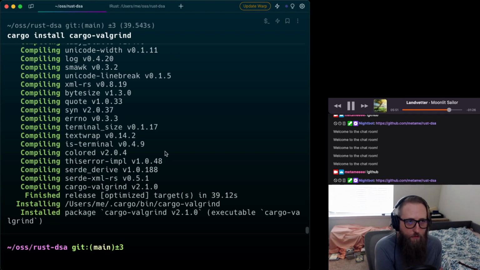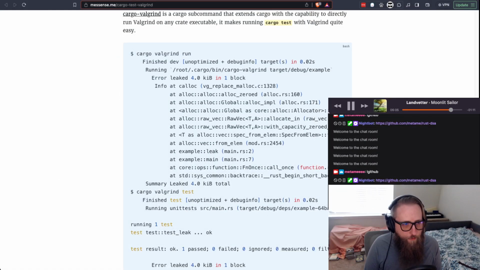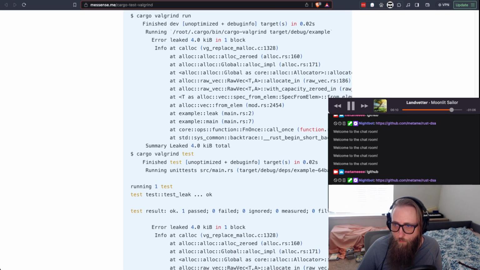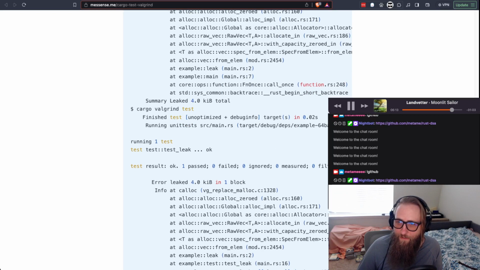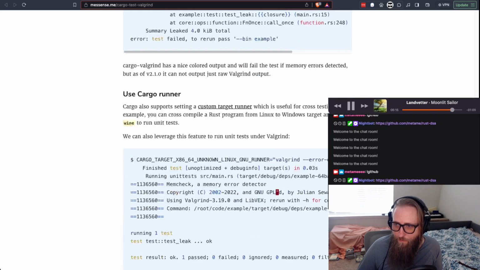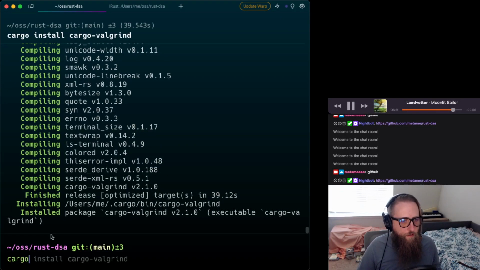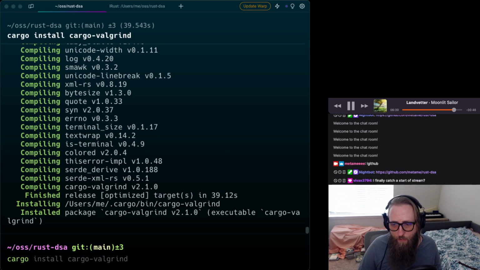Okay, cool. So we have cargo valgrind in there. So let's jump back and figure out usage. Okay, cool. So basically we have cargo valgrind run. Cargo valgrind test. All right, sweet. So you can use it for both. So let's just try a little run. Our main right now doesn't do a whole lot, right? I haven't really bothered. We're mostly just writing these against some tests. So like our main of this library,